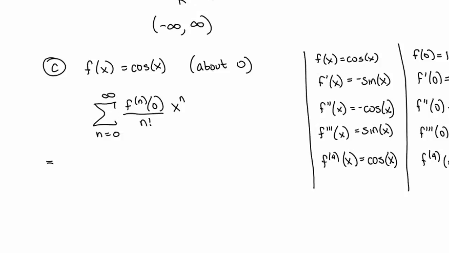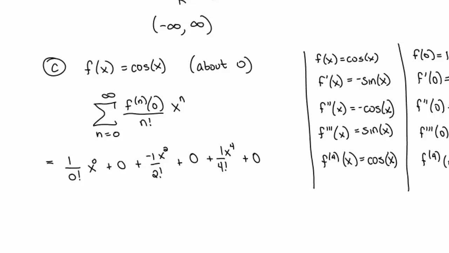Just expanding it out. This is going to be 1 over, so the 0th derivative, which is f itself. So when n is equal to 0, we get the numerator is 1, the denominator is 0 factorial, which is defined to be 1, x to the 0th, plus the first derivative at 0, which is 0, plus the second derivative at 0, which is -1, x squared over 2 factorial, plus the third derivative at 0, which is 0, plus the fourth derivative at 0, which is 1, x to the 4th over 4 factorial, plus 0,